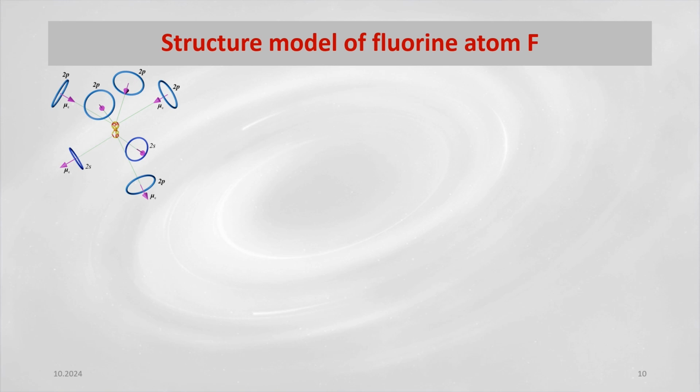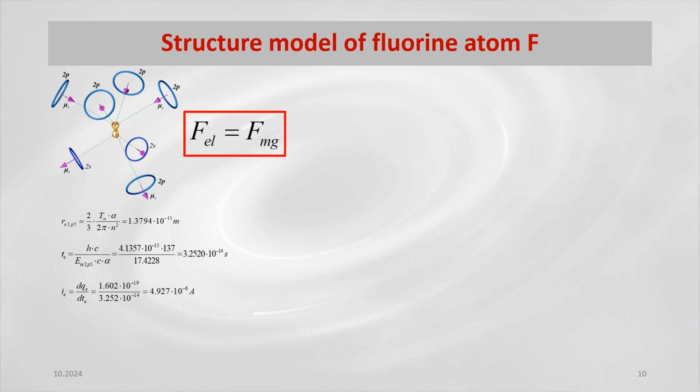To determine the size of the radius of the fluorine model atom, we have to determine the size of the electron radius 2p, the rotation time of the charge, and the electron current that is produced by the rotation of the electric charge around the circumference of the electron. The dynamic equilibrium distance of the electron 2p in the fluorine atom is given by the equilibrium between the electric force of attraction and the magnetic repulsive force on the axis between the ring of the proton nucleus and the